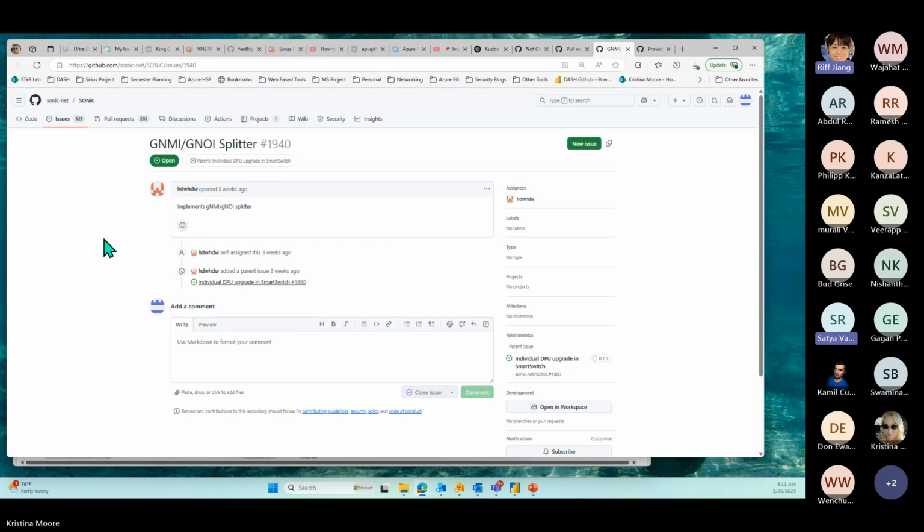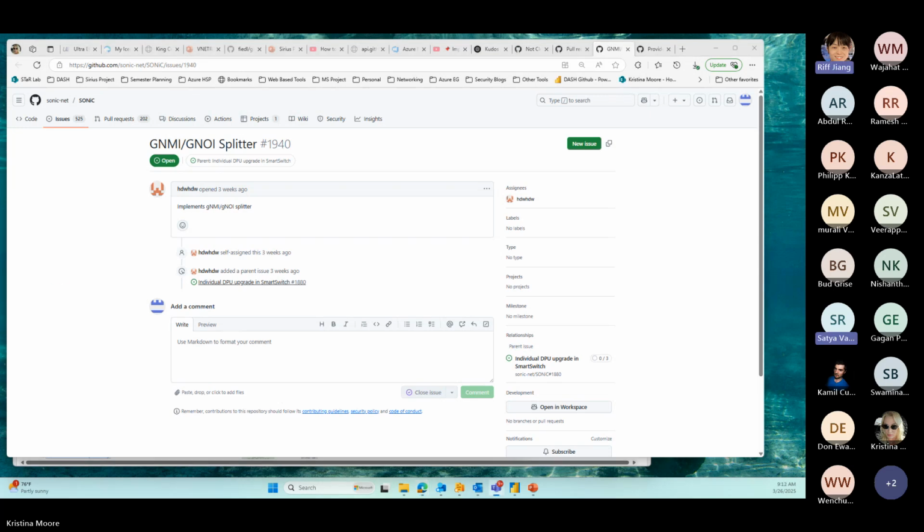What the gNMI splitter does is, when it receives a request and the gNMI path has a DPU inside of it, it recognizes that and forwards that request to a gNMI server that is dedicated to the DPU.